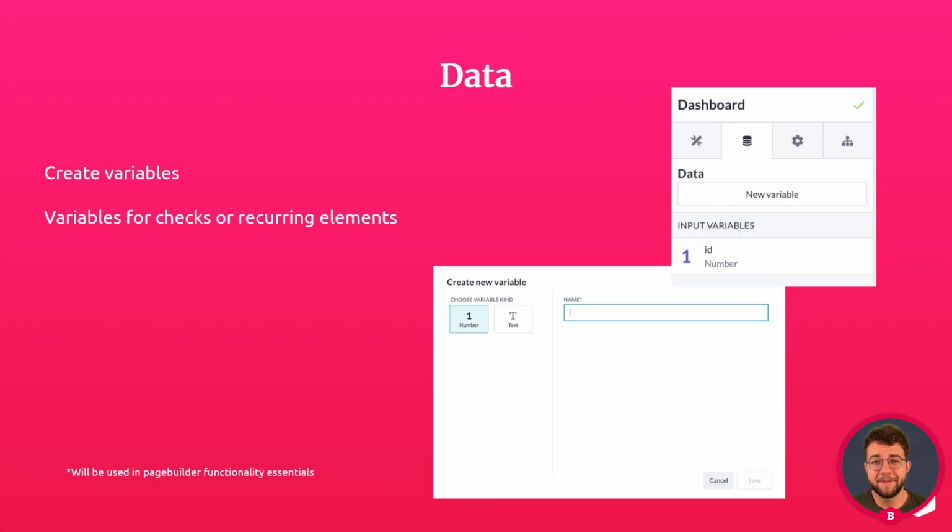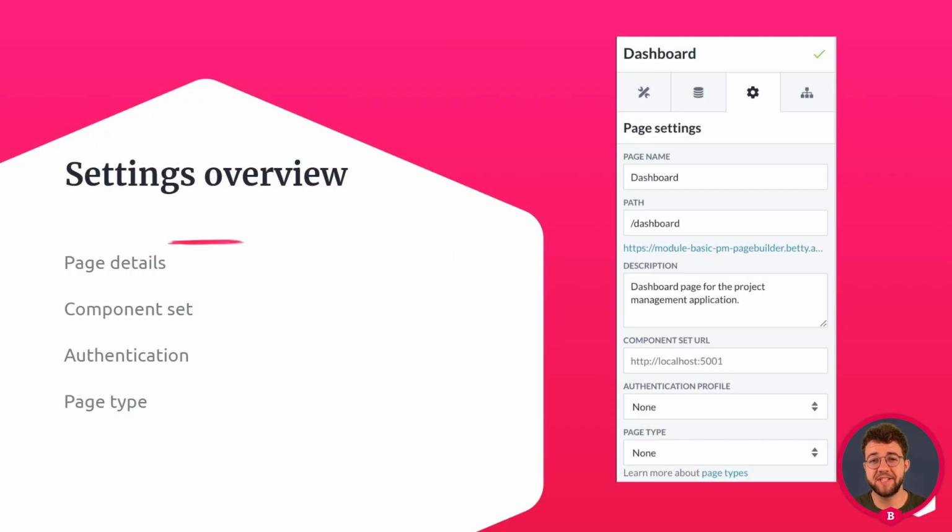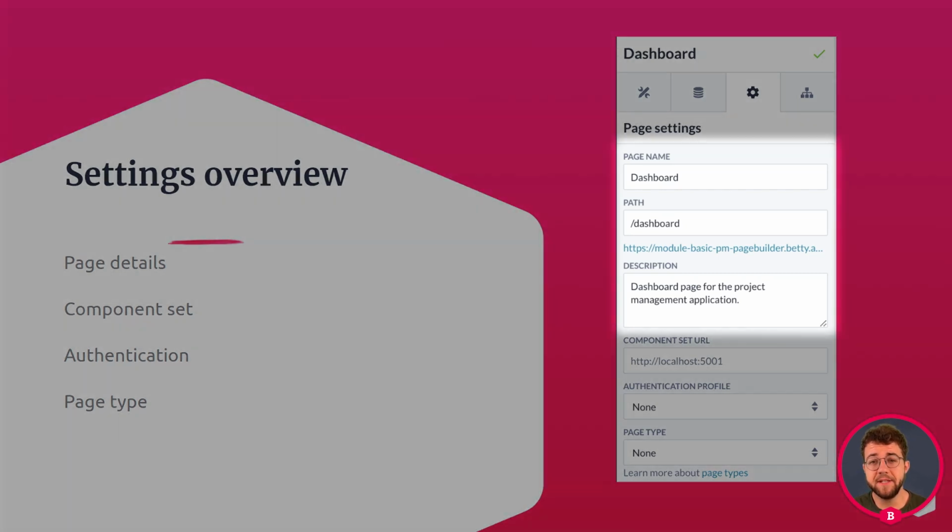The data tab. The data tab allows you to create variables for your page. These variables can be used for checks or recurring elements. An example would be you could create an ID variable, and this ID variable can be used for data checks within your page builder. The third tab is the settings overview. The settings overview shows you your page details, which include your page name and the path that you can find your page on,